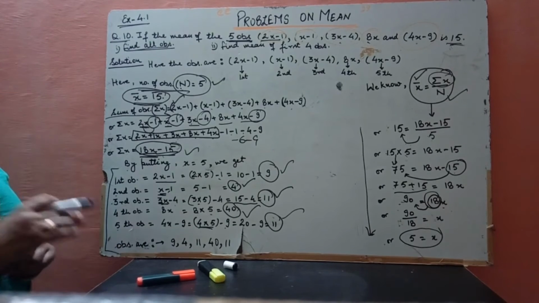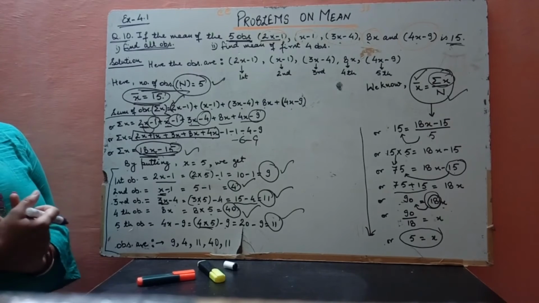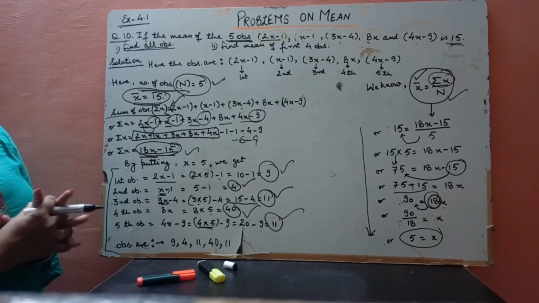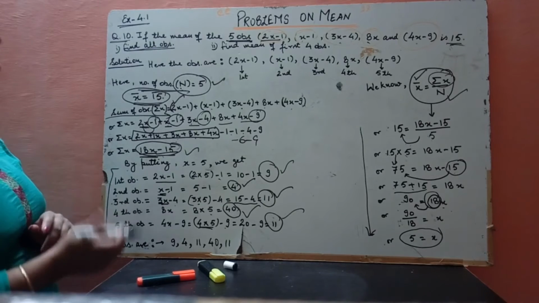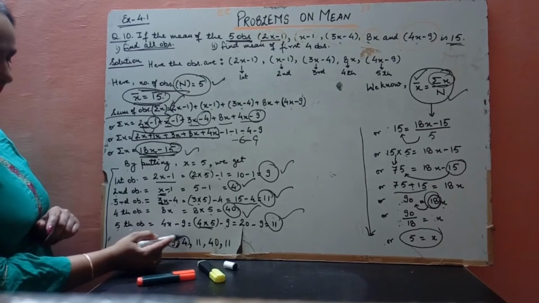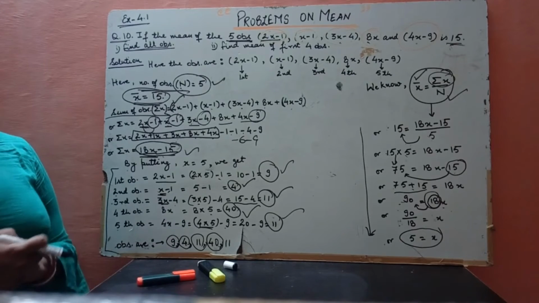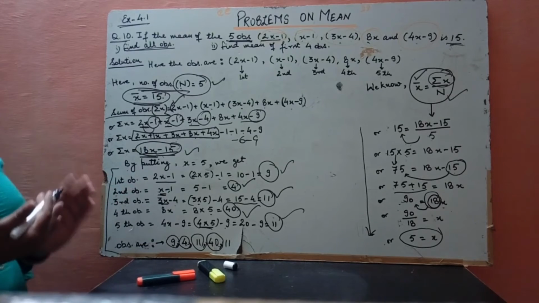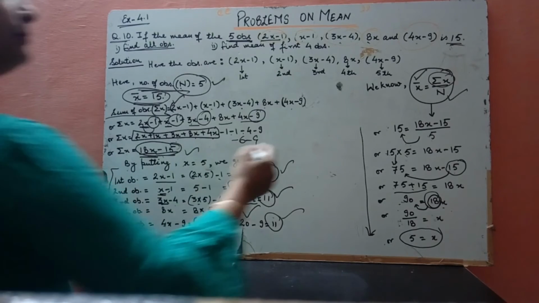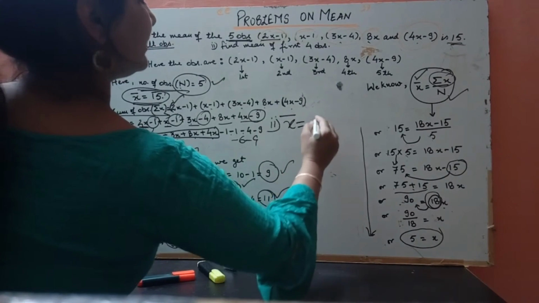Now let's come to our second part, and the second part is to find the mean of the first 4 observations. In this part, we have to find the mean of the first 4 observations. So this is first, second, third and fourth. We will take these 4 observations only and we will find the mean of these 4 observations. So for finding the second part, x bar is equal to what?